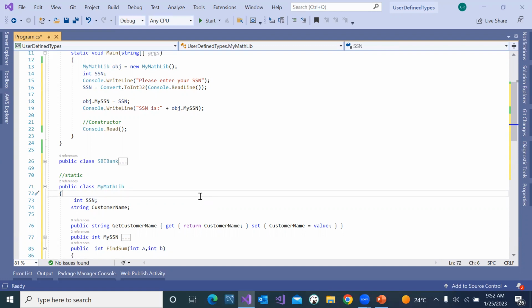Any questions, guys? No. OK. So now we are aware of the concept of value type, reference type, and user-defined types